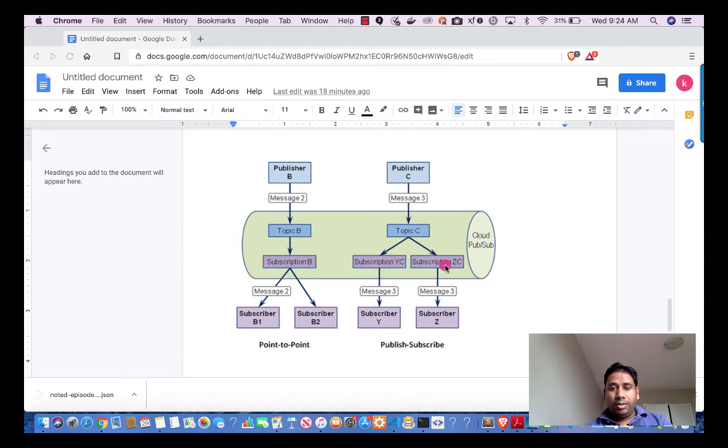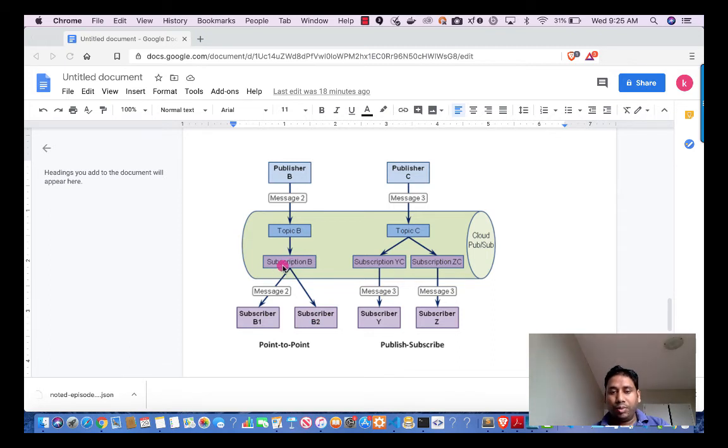So if the message is published to topic B, then it comes to subscription B. Because this subscription B has been subscribed by 2 subscribers, the message will be load balanced, meaning it might be got by subscriber V1 or subscriber V2. There is no guarantee that both of them will get that message, because we are subscribing to the same subscription, so any one of them will get one message.